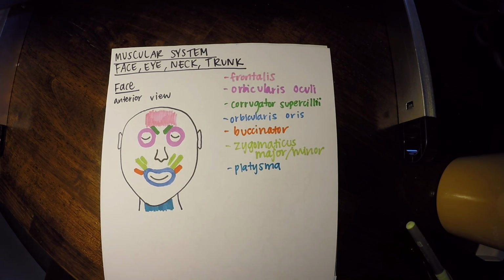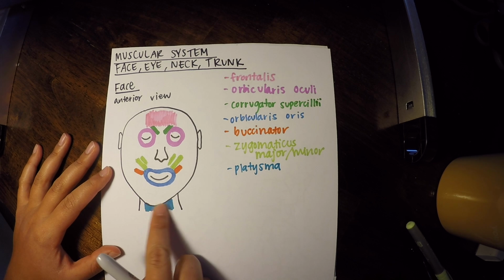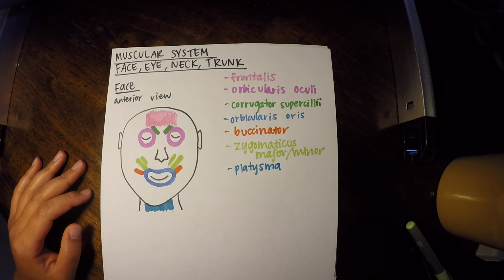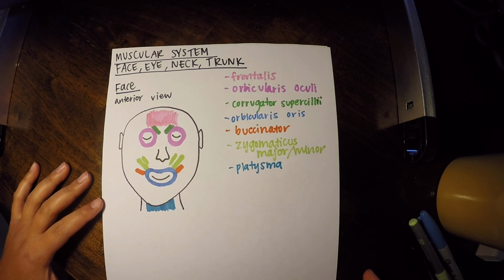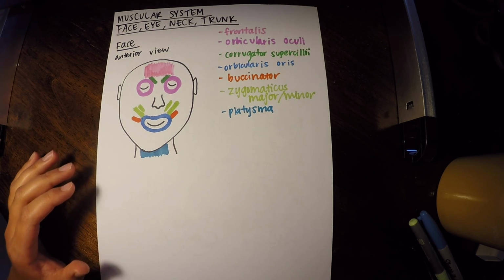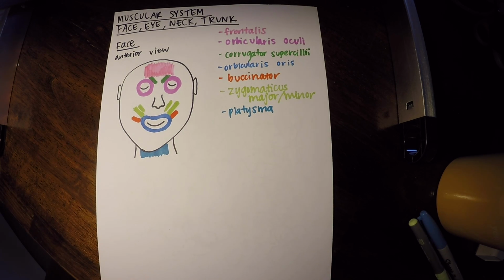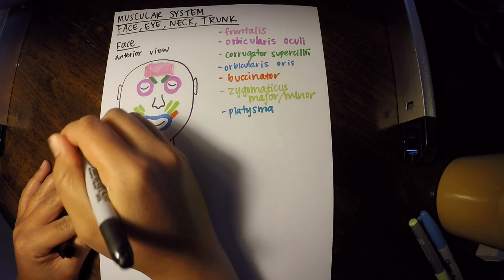And that helps assist with depressing, or lowering, the mandible because it's attached to both the neck and the mandible. So those are the face muscles that I want you to learn. Now, the next muscles may seem like face muscles, but they're actually muscles that we call muscles of mastication. Mastication means chewing. So they help us chew food.